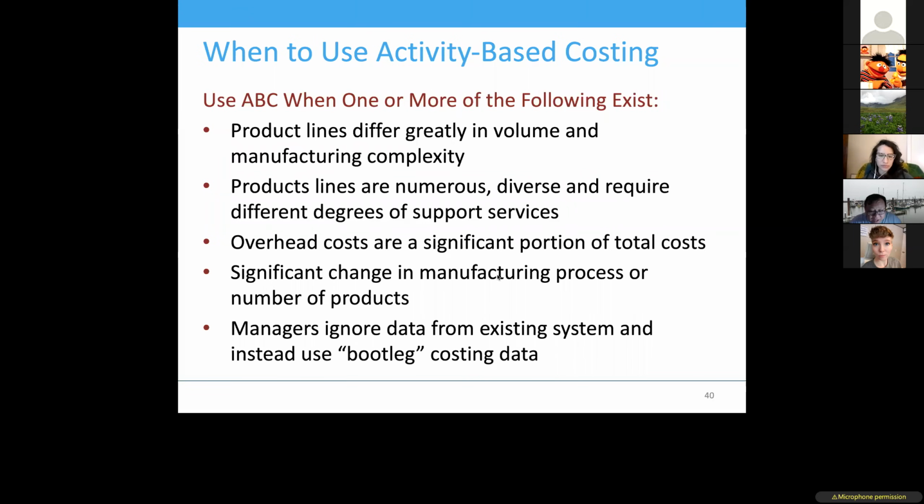Significant change in manufacturing process or number of products. Again, you have different numbers of products, maybe different production designs, and the demand for the product is different in the market. When you order them in different batches, each batch